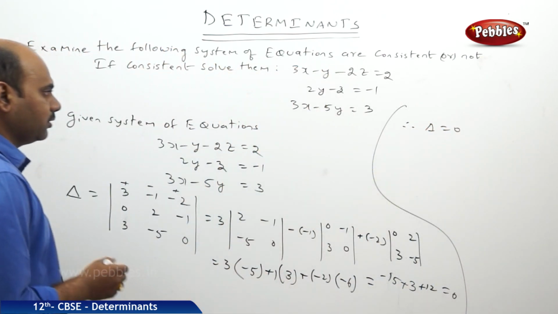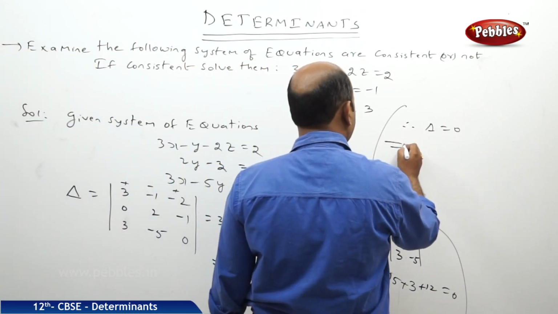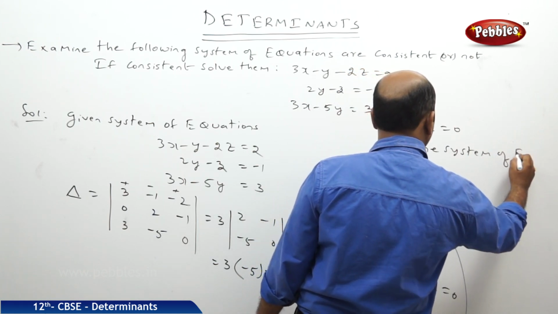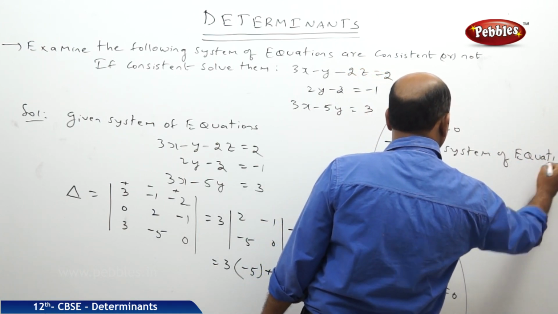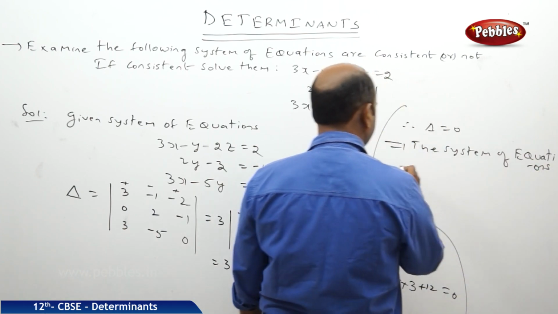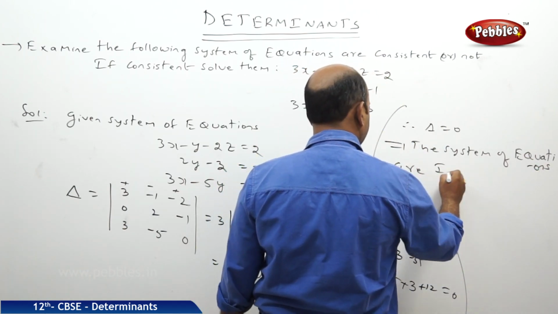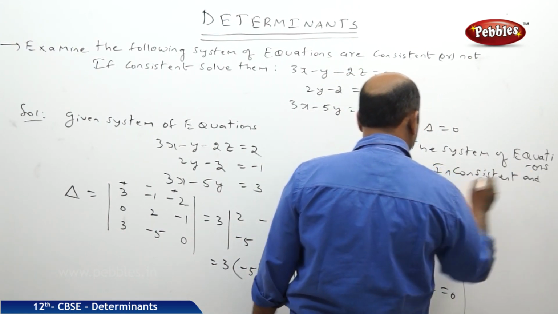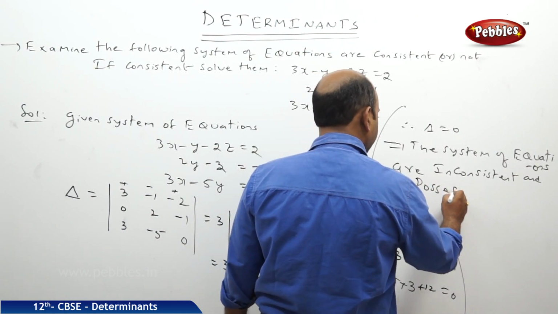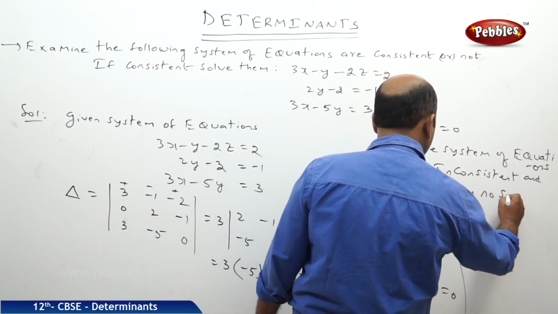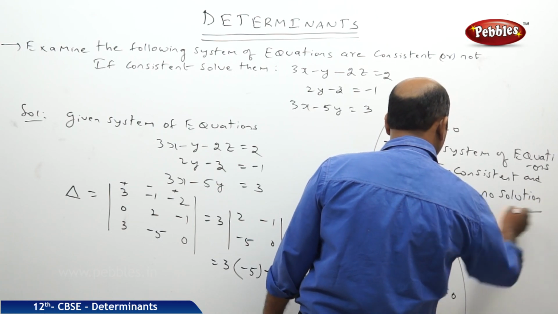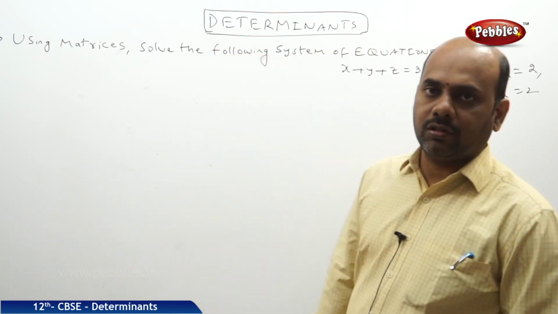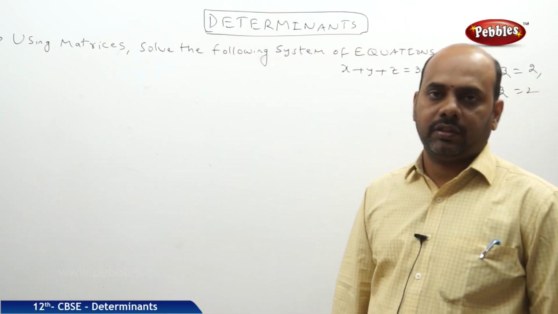If clearly delta is equal to 0, then blindly what can I tell? The system of equations is inconsistent and possesses no solution. In yesterday's class, we had seen the problems based on finding the values of x, y, z